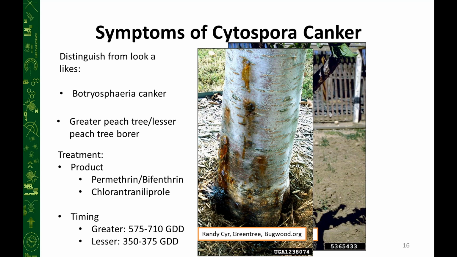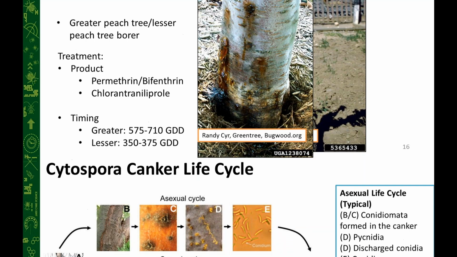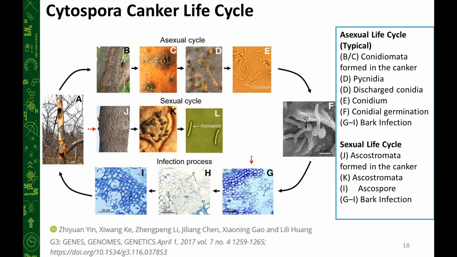If we look at the life cycle of Cytospora canker, again, this has a life cycle very similar to just about most of our other canker diseases, as well as a lot of our fungal diseases. And so, again, it's going to start here on these cankers. It'll overwinter on the cankers on the tree. In the early spring, we'll start to see these black, pimply fruiting structures begin to form. That's a close-up of what that'll look like. And then they form, which is really neat,